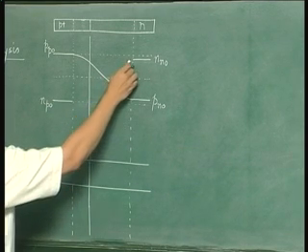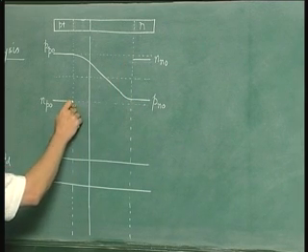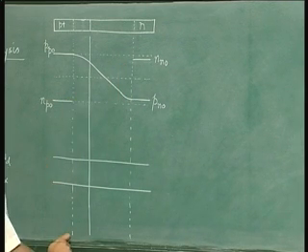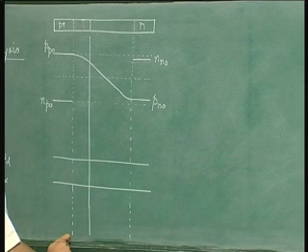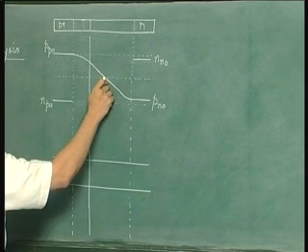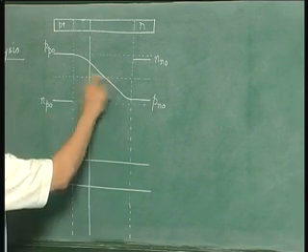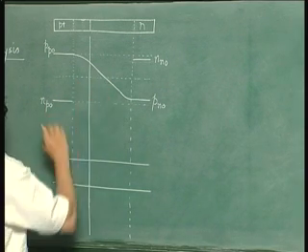Now similarly, we need to sketch the electron concentration variation from Nn0 to Np0. Now when we do that, we should note that this concentration line should pass through this point. Okay? Now what is that point? This is called the intrinsic point. This is because